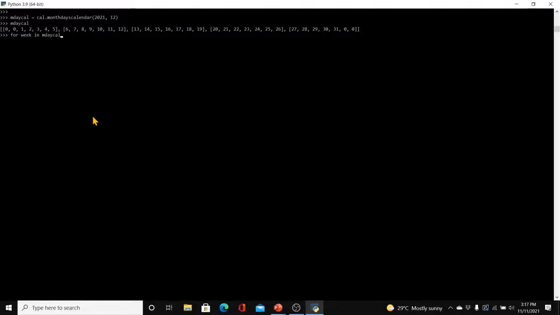Month days calendar equal to cal.monthdayscalendar, passing in the year and month. mdcal is a list of lists again, but you see these are just the dates, and of course we could print those out. So we can say: for week in mdcal, then for day in week,